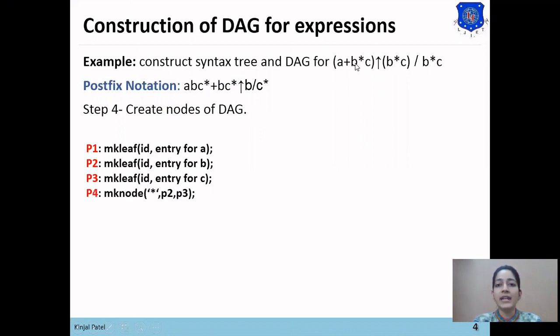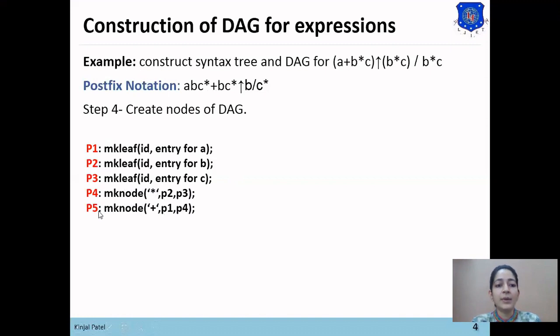The left child of star is B and the right child of star is C. So the left child of star will be P2, as B is stored in the P2 node, and the right child of star will be P3, as C is stored in the P3 node.